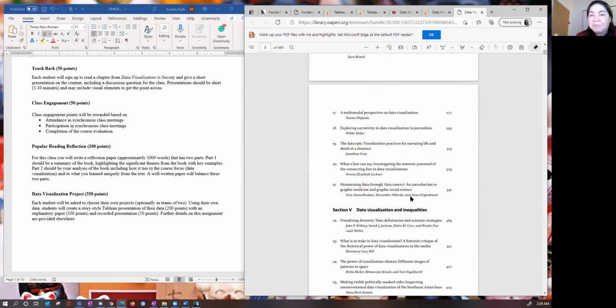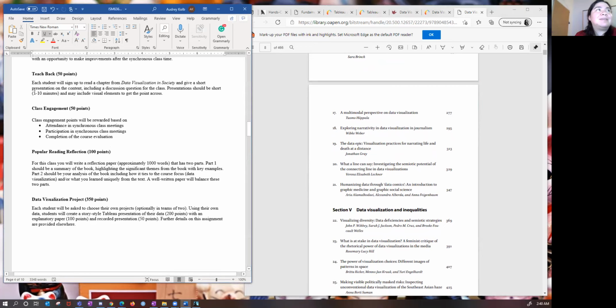We'll basically read the book as a class where each person reads one chapter and teaches it back to the rest of the class in a short 5 to 10 minute discussion. So summarizing basically what are the key takeaways from this chapter. The presentations can use visualizations to drive it home. It's a data viz class, so I suspect that will be a good thing to do for most of these.